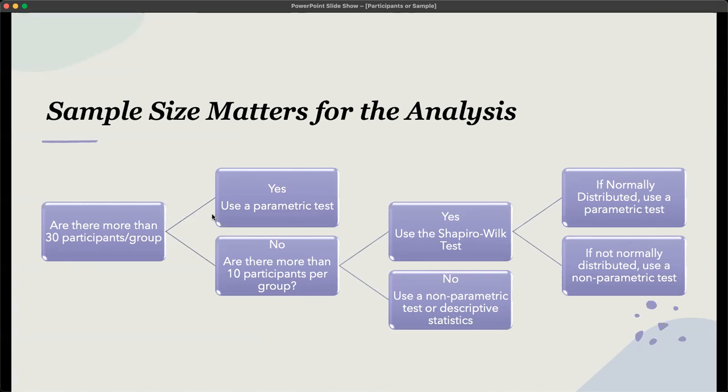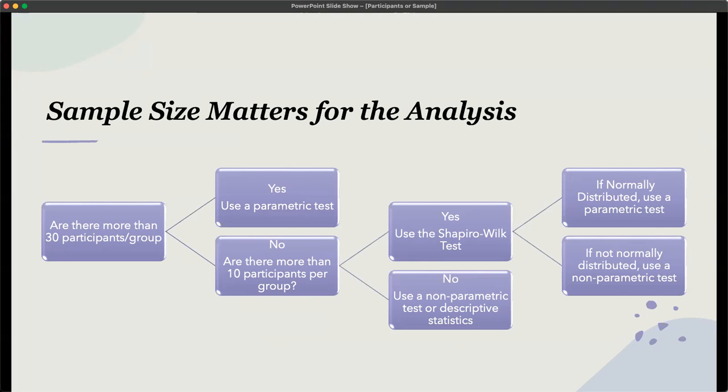If the answer is yes, you can move to a parametric test. I will show you the difference between parametric and non-parametric tests on the next page. If you have less than 30 students per group, which is somewhat normal for master's students, depending on the classes and the class sizes that you're going to be working with, so if you do not have more than 30 participants per group,